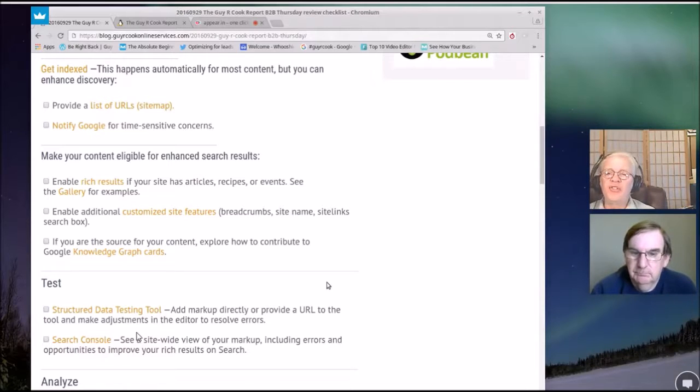There's a way you can enable additional customized site features like breadcrumbs, to get your logo and your site links and search box. All of that goes into rich data. The structured data thing will work that way. And if you're the source of your content, then you want to also explore how to contribute to Google Knowledge